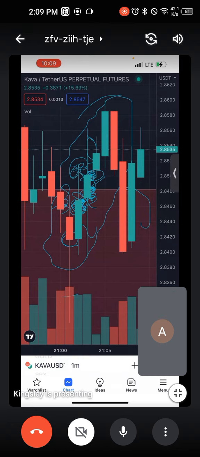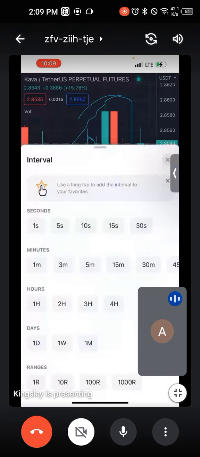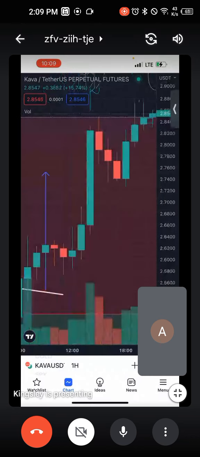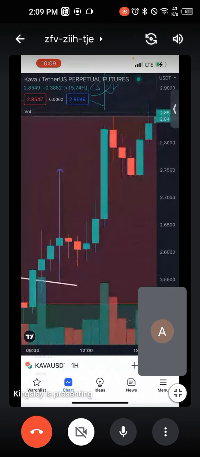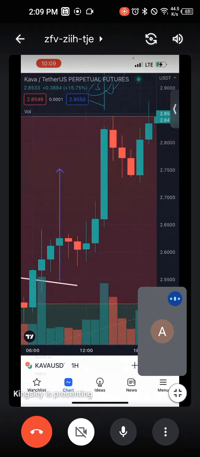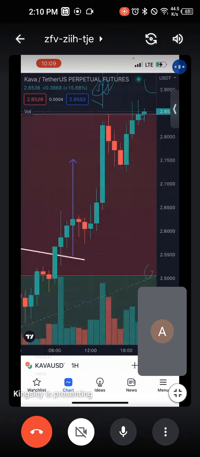is this supposed to be on top of the wick or on top of where the thing closed? What's that? I didn't get it. Like now you want to draw a trend line, or this Fibonacci stuff, is it going to be on top of the wick or on top of where it closed? Okay, it's very important. The wick is as important as the candle itself.